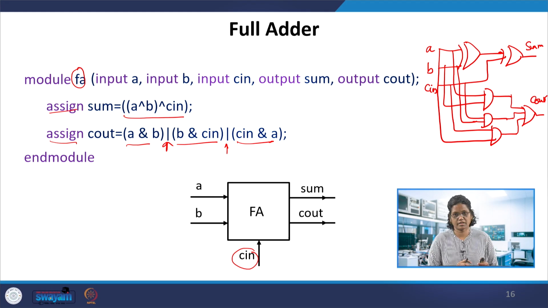So half adder can be instantiated inside the full adder. That is also another way of doing the Verilog code. Initially I just gave this as a half adder separately and a full adder diagram. Even this can be simplified, the full adder description can be simplified further. It's just to understand this data flow, structural modeling, and then behavioral description.